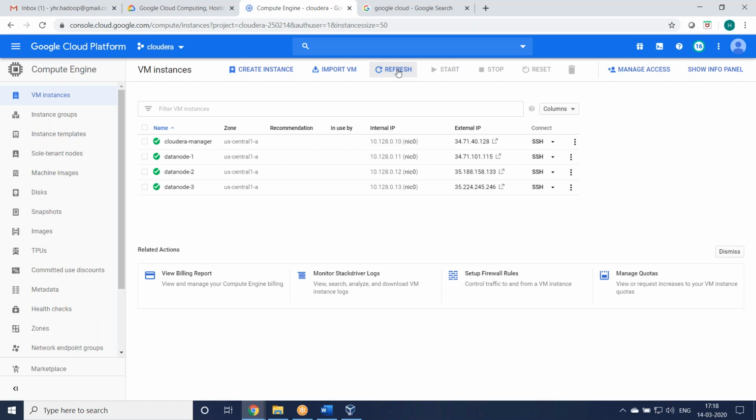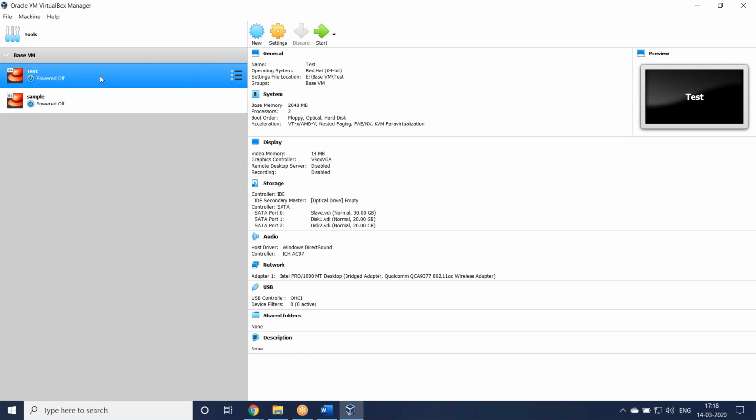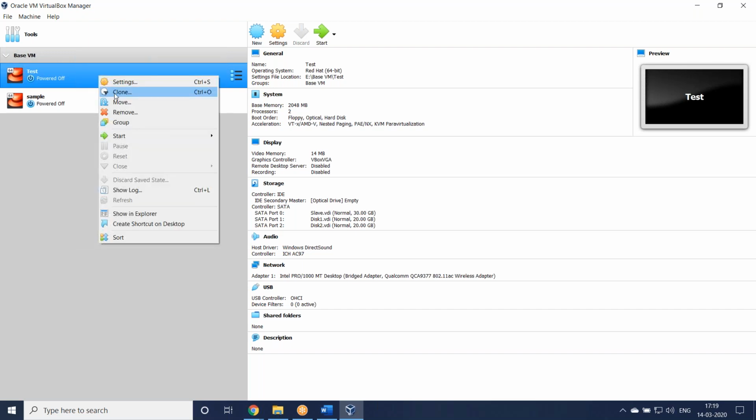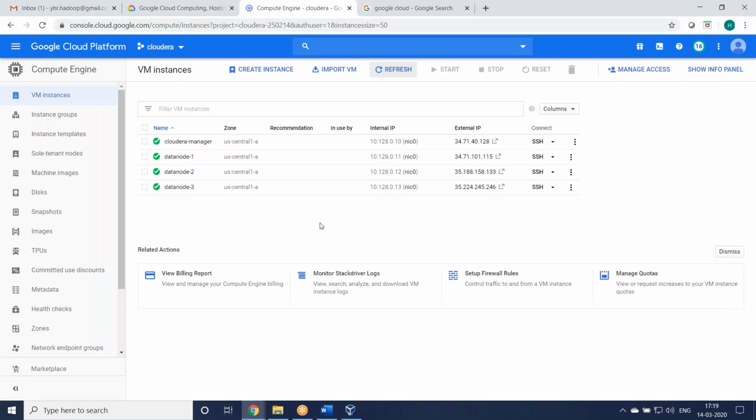Okay, we just created the machines. But here, if you see, whatever we were working on, we launched a virtual machine and installed some of the required software, and automatically everything got installed. So from here we are cloning it, right? But here we have nothing installed. We just launched a virtual machine and installed the required operating system only.